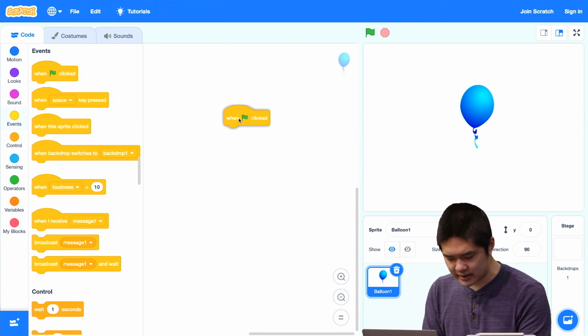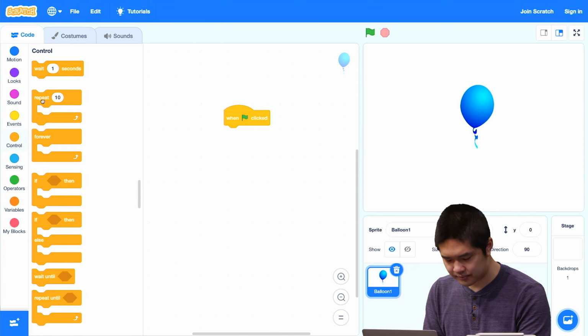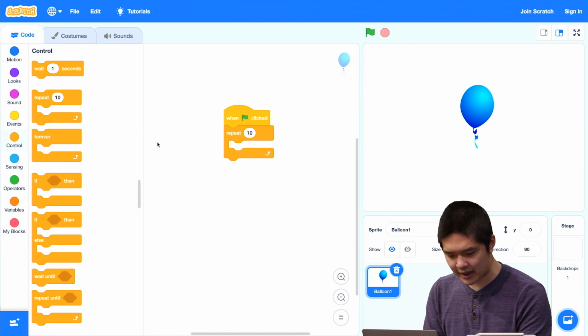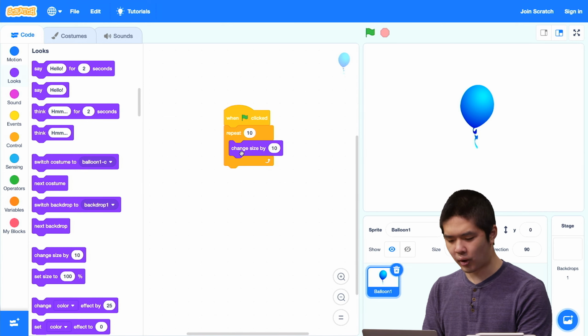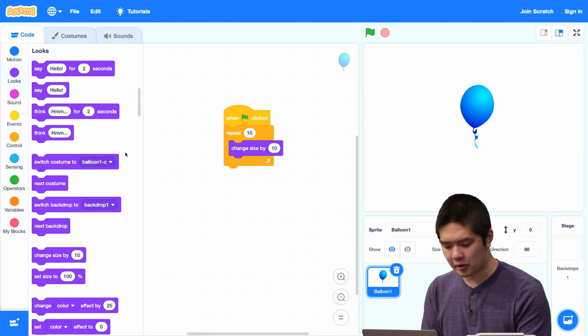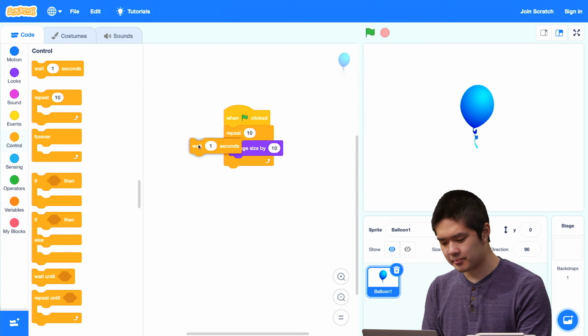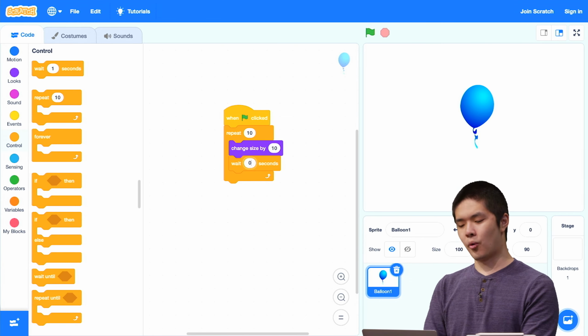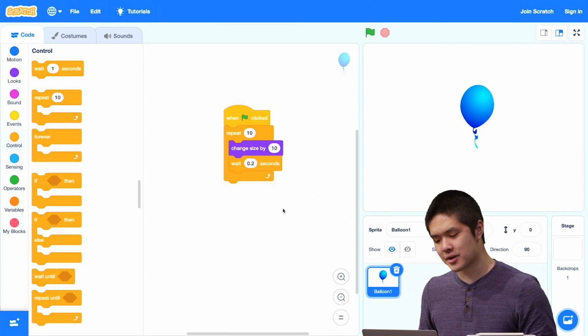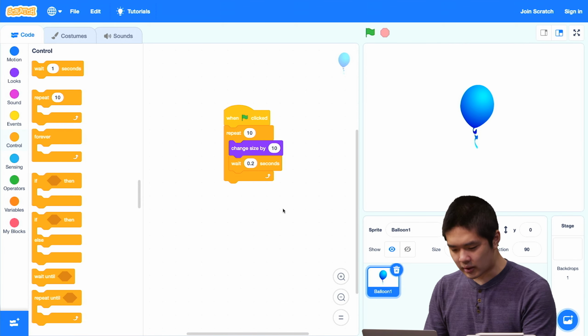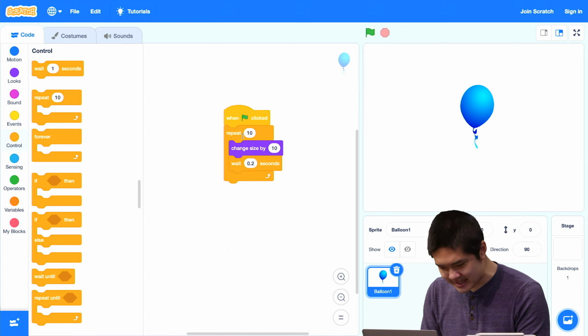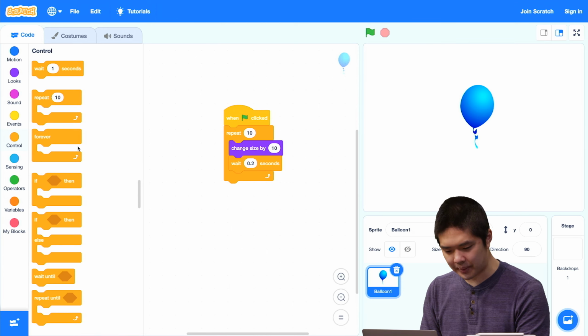When the flag is clicked, let's go ahead and repeat something some number of times. And what I want to do is change the size by 10, which is what we did before. And then just to make this happen a little more slowly, let's wait. Not a full second, but maybe 0.2 seconds, just a fraction of a second. So it's going to grow a little, then wait, grow a little, and then wait. And then after we repeat 10 times, after we're done with all of that looping,